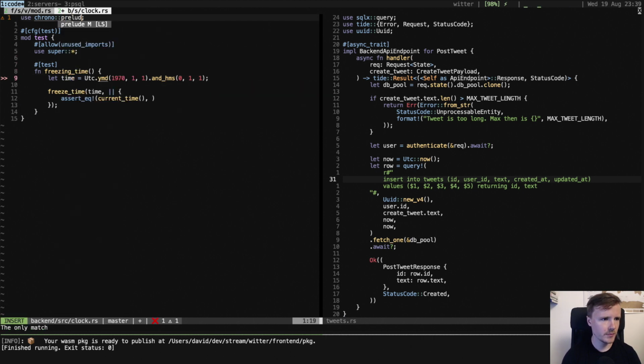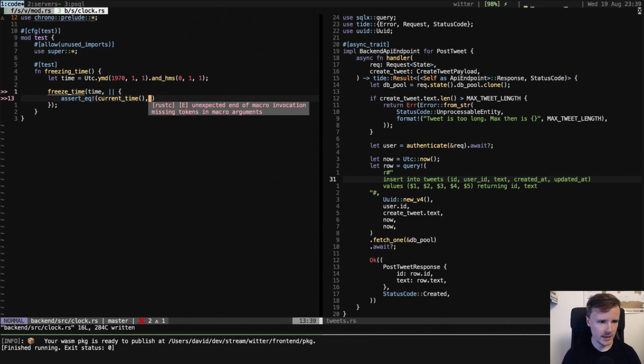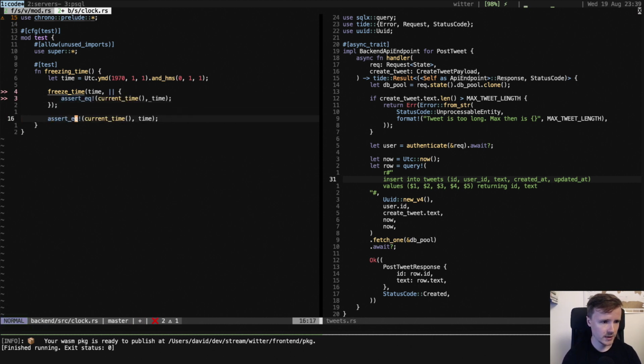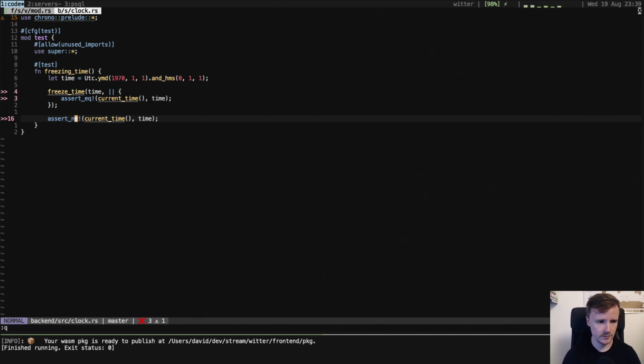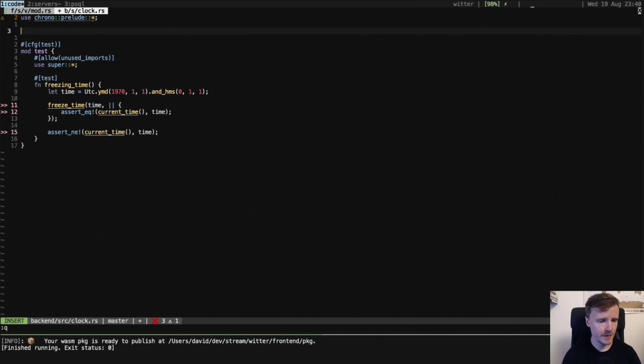I believe there's chrono prelude. So if you get the current time, then that should be equal to that time, whereas if you're outside, they should not be equal. And they do actually implement Eq, that's great. So you need a function freeze time that takes a time, which is a DateTime UTC, and it takes an f,